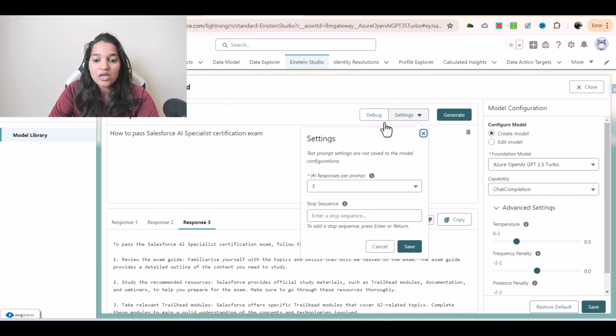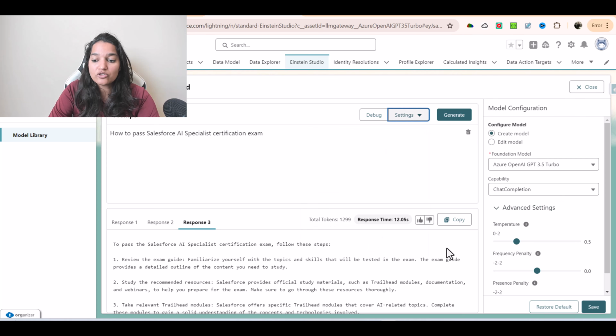You can change how many responses per prompt, all of that, and you can create your own custom model by changing a few of the configurations that we changed, temperature and all that. And once you create your custom model, it will be available under the prompt builder to pick from. So this is